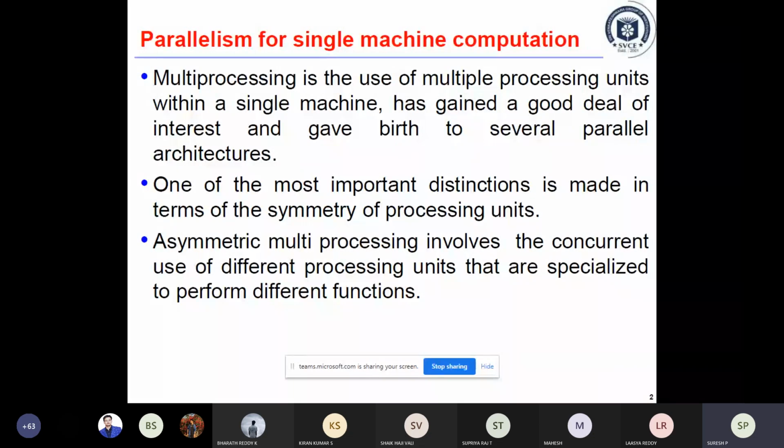Now in throughput computing, what will happen? It mainly focuses on delivery of a high volume of computation. Whatever high volume of computation is to be delivered, it will be focusing on that mainly. In what form? It is going to focus in the form of transactions. So throughput computing is nothing but focusing on delivery of high volume of computation in the form of